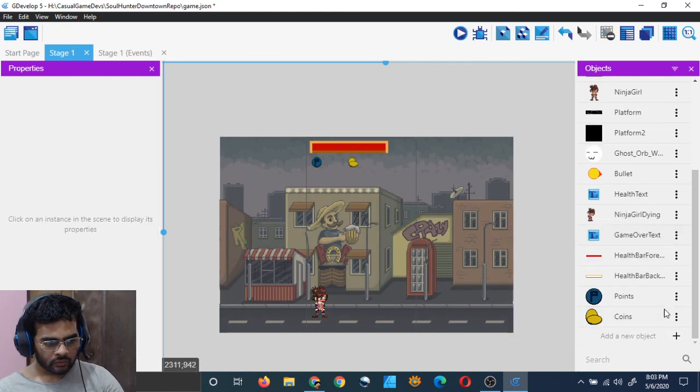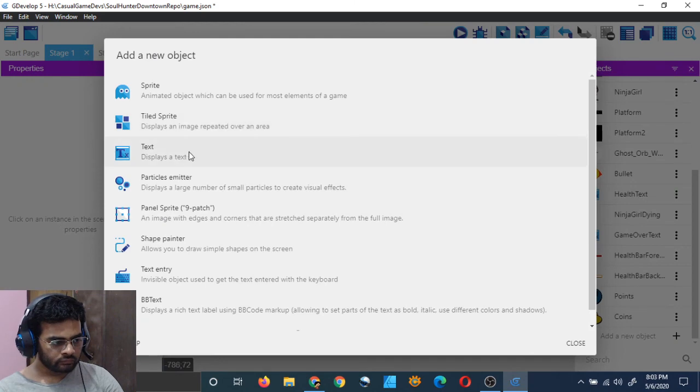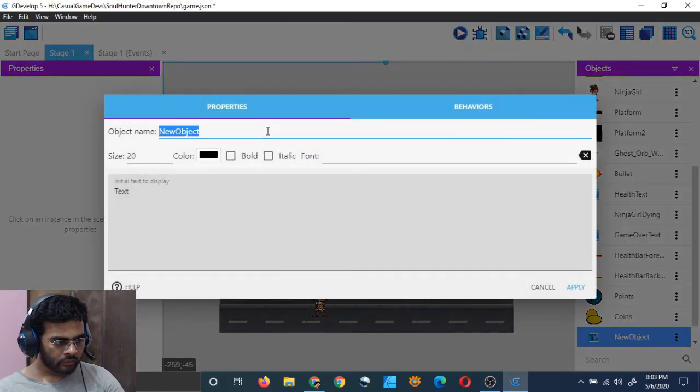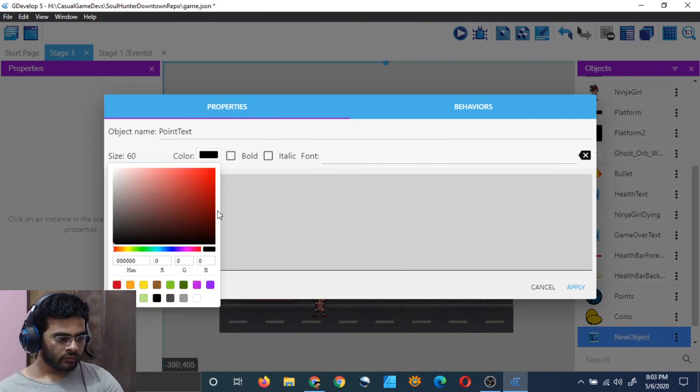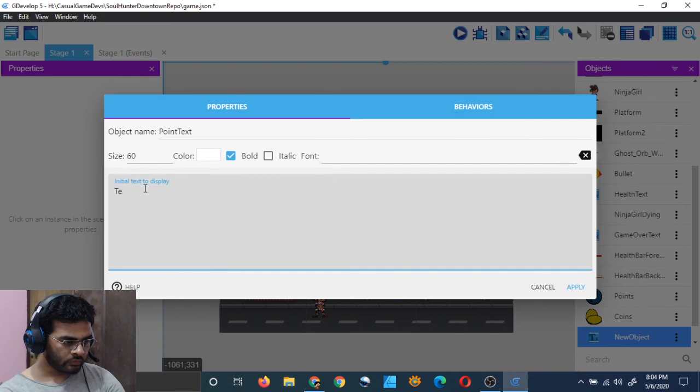Text, which is coin text and point text. Point text and coin text. 100, not 100, 60. Color should be white, I believe, bold, and the text should be 0.